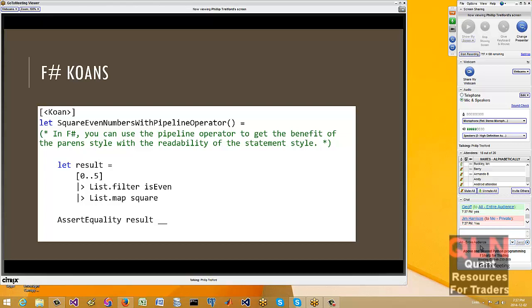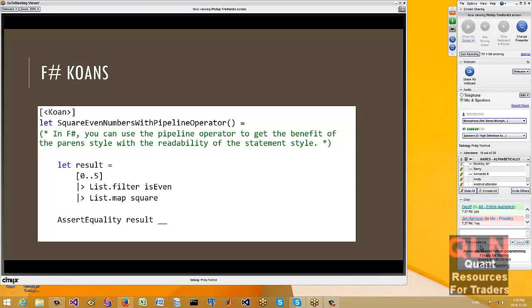Either way, there's a nice open source project called the FSharp Koans, which is a set of failing tests. And each time you make one of those tests pass, you learn a new element of the language. And I found this to be the easiest way of getting used to FSharp and finding your way around.